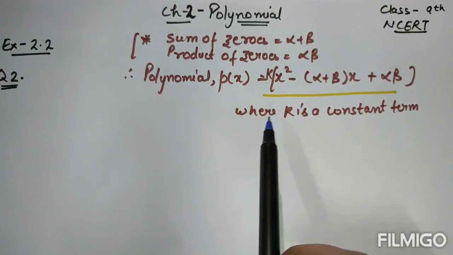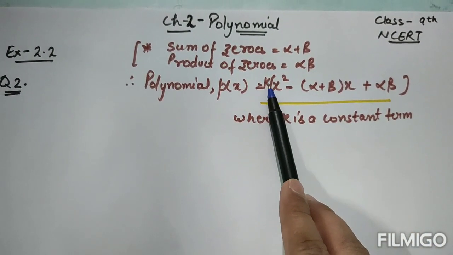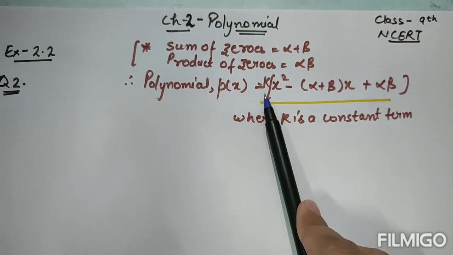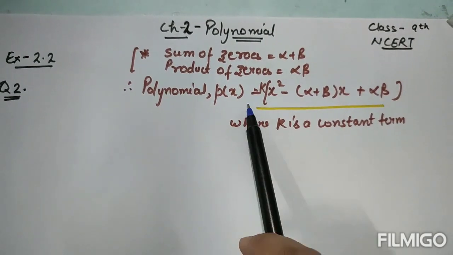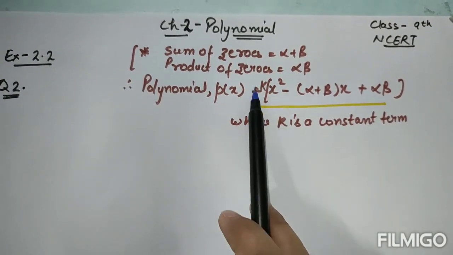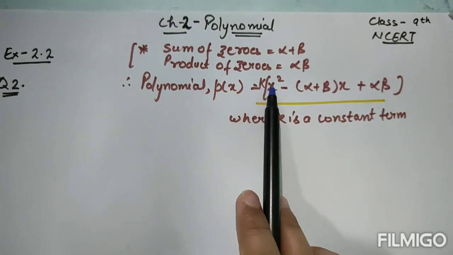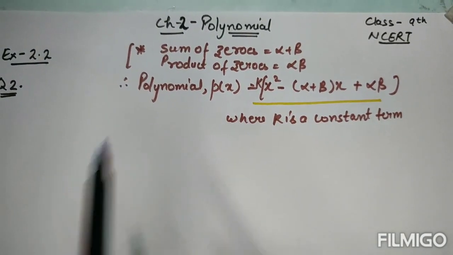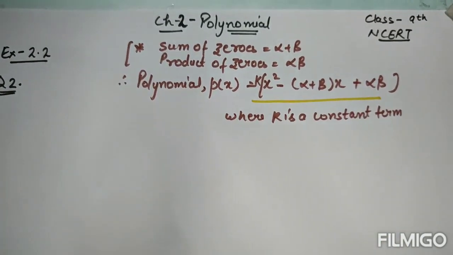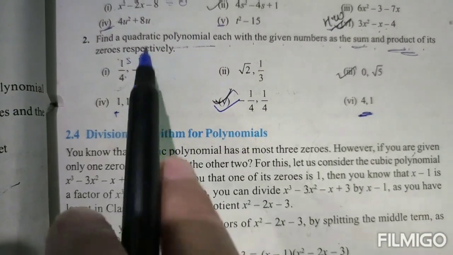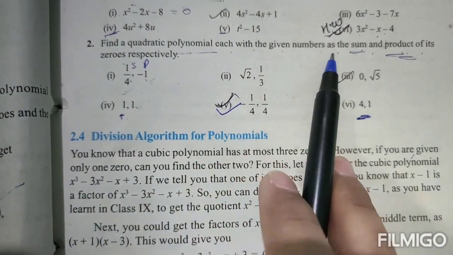But when I wrote this formula in my last class, I hadn't mentioned this k there. But why have I written k now? That's my mistake. I hadn't mentioned it, but this k is a constant term and you will soon get to know why I have written this k here. Okay, you can write only this much also. Clear? Now let's start.